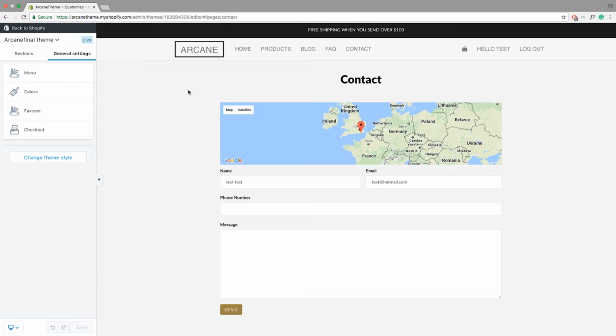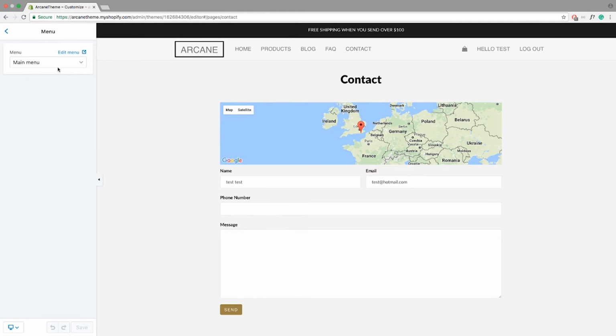Okay guys, next we're going to talk about the menu. Just go over to general settings and click menu, and if you already have a Shopify menu, you can click on the drop down arrow and click the menu that you've already created, and it will automatically update the menu up here. If you don't have a menu, you can click edit menu here,